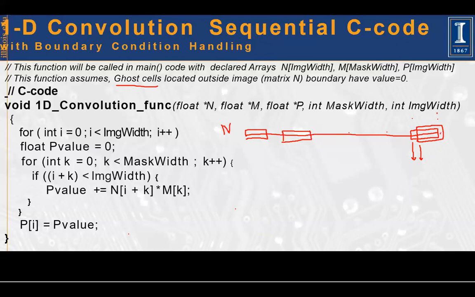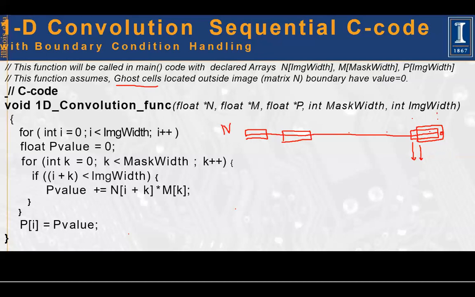So what do we do? There is no number here. The array does not exist. So what do we do? We assume one way. These are the ghost cells. The actual array is here. There is no value here in the array, so these are called the ghost cells. So what do we assume in this ghost cell? That is a question. Sometimes people say, assume that there is a 0 there. In this ghost cell, there is a 0.